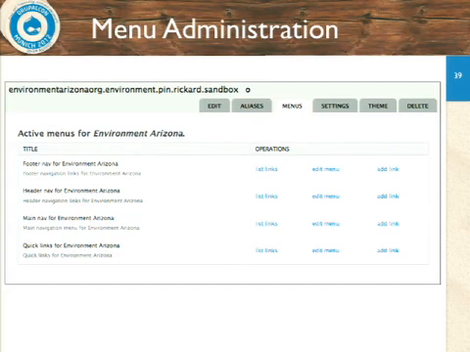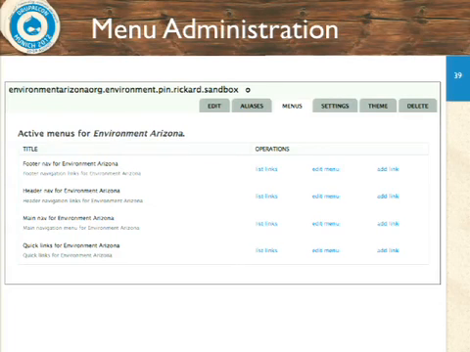Now that's possible. The other is there's a Domain Path module now, and Domain Path will allow you to register the same path for different nodes on a per domain basis. The problem is that it gets really confusing trying to manage that. So we did some other tricks for pages like that. You can do some interesting things with panels and some other stuff in order to localize common pages.